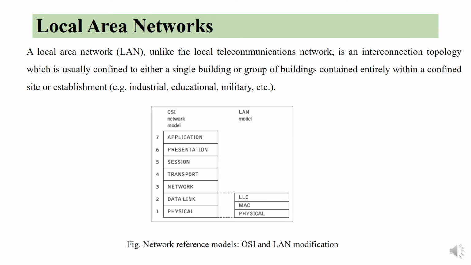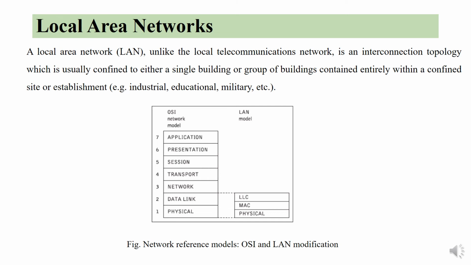The local area networks. So these local area networks are usually confined to buildings, military, industries, educational sites, etc. A LAN can be controlled by the owning body. So this figure shows the OSI model which was developed for WANs. The difference between LANs and WANs is found in refining the last two layers, that is the bottom two layers, the data link and physical layers of the OSI model,